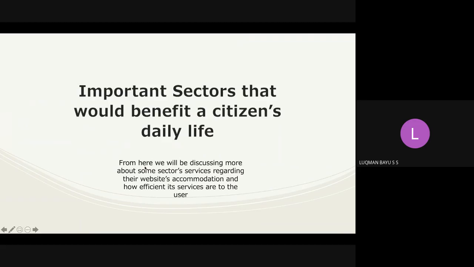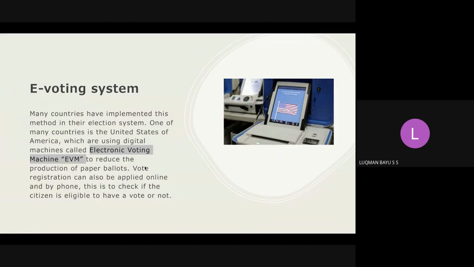And next, I'm going to discuss the important sectors that would benefit a daily user just like us. So here, first of all, we have an e-voting system. The e-voting system has been applied in many advanced countries such as Sweden, Denmark, and of course the United States. The e-voting machine is called an electronic voting machine. EVM stands for electronic voting machine, and the basic idea of this EVM is to